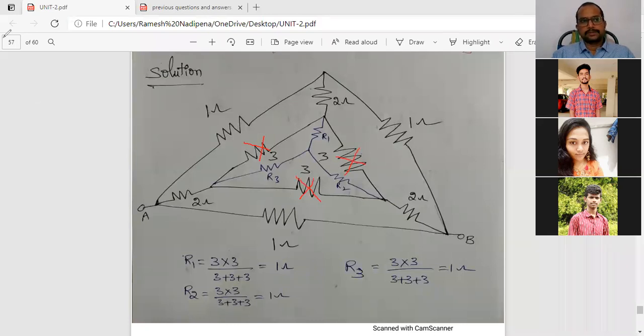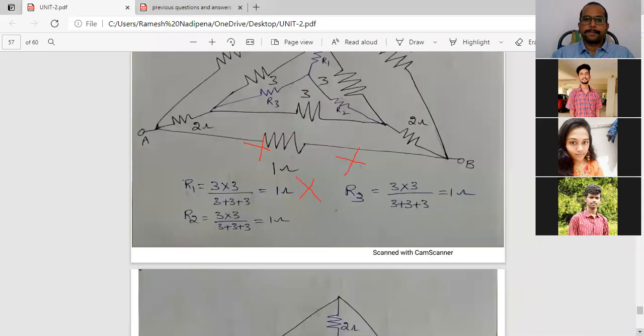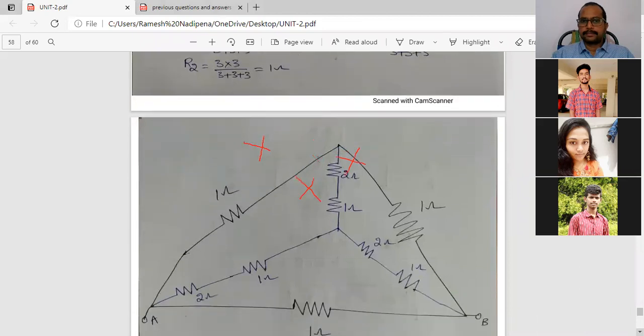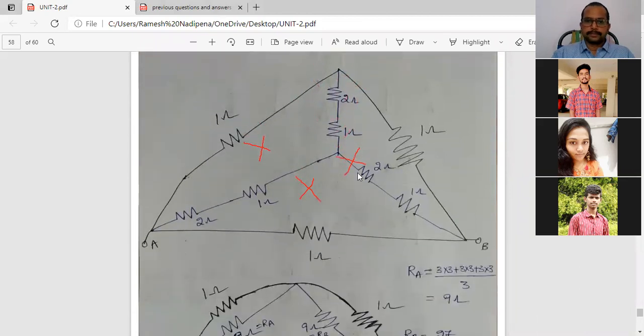I'll show you that network. Now the circuit becomes like this. Here 1 ohm resistance. This is 1. This is 1. This is 2. This is 1, 1 ohm, 1 ohm. Sir, show the above slide, sir. Okay, right, sure.